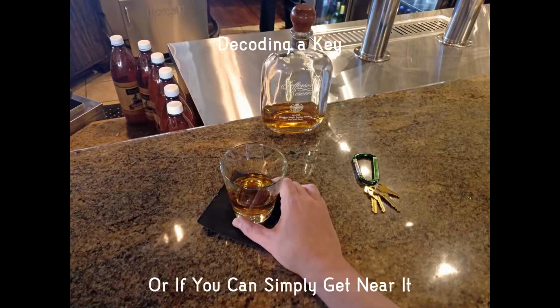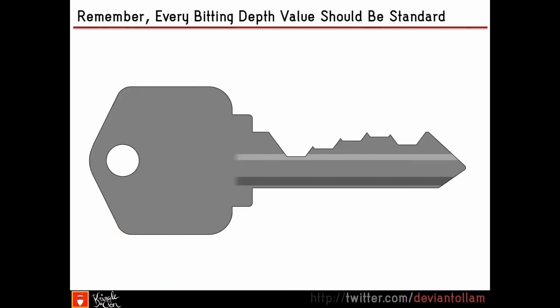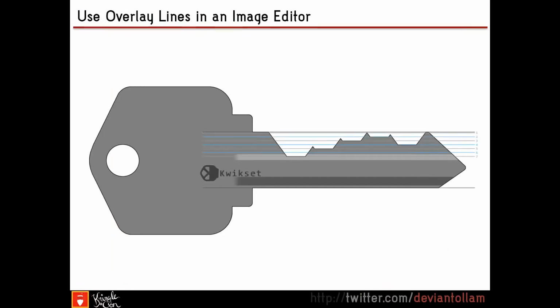You're just a stranger who sat down next to them. If you can take a photograph of a key, absolutely you can decode that key. Remember, every bidding possible depth value, every cut value on the key should be a standard interval, standard distance from one another, standard distance down from the top of an uncut blank. You can use an image editor and lay over top of the image you took. You can actually lay these guidelines over top and decode it just by visually looking at the depths